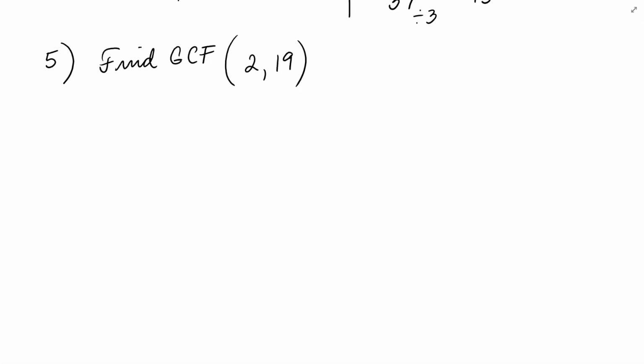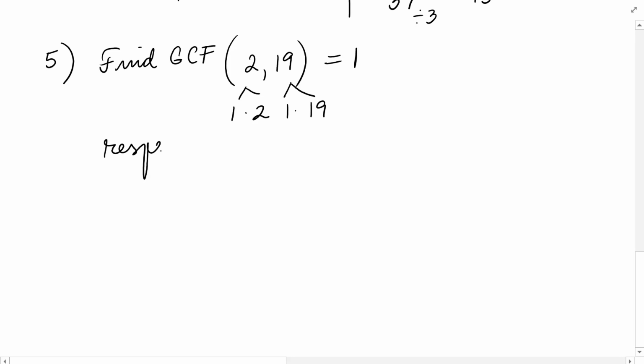And finally, one more problem where we want to find the greatest common factor of 2 and 19. So 2 is just 2 times 1, 19 is just 1 times 19. And the greatest common factor, so 1 times 2 and 19 is 1 times 19. So the greatest common factor is 1. When that happens, we call the numbers respectively prime. In this case, each number is prime, but because the greatest common factor is 1, they are called respectively